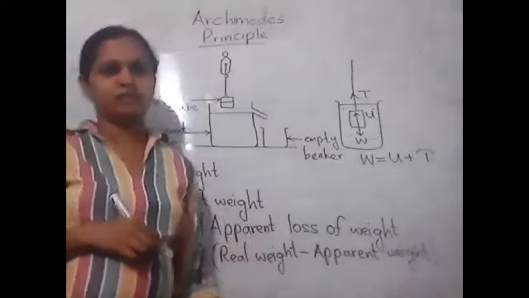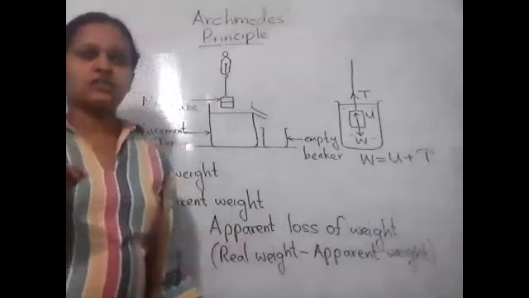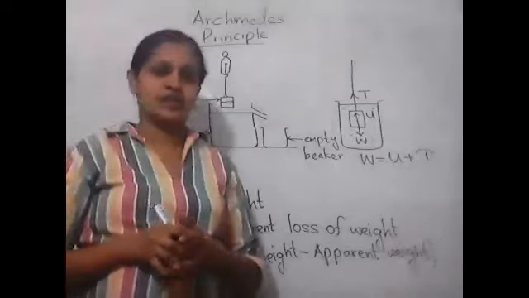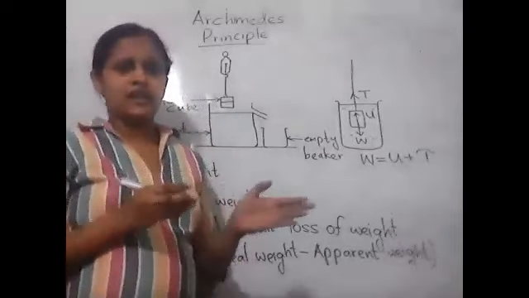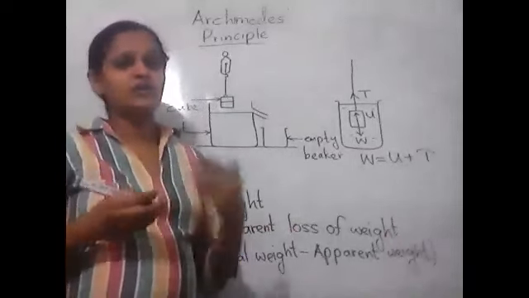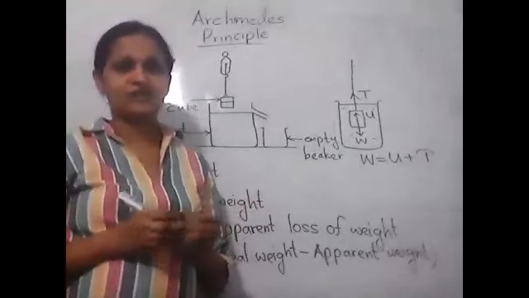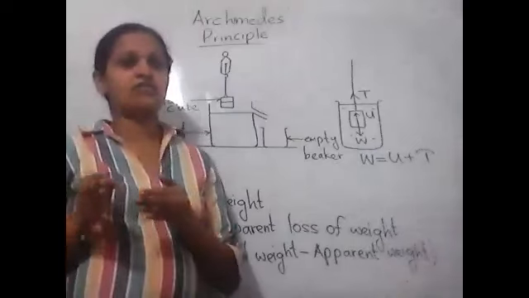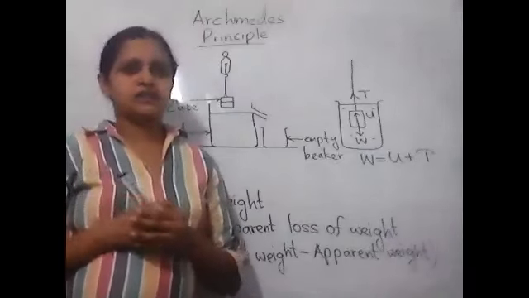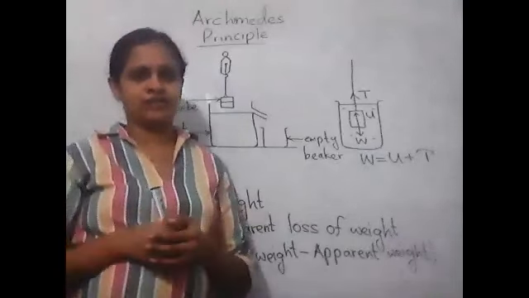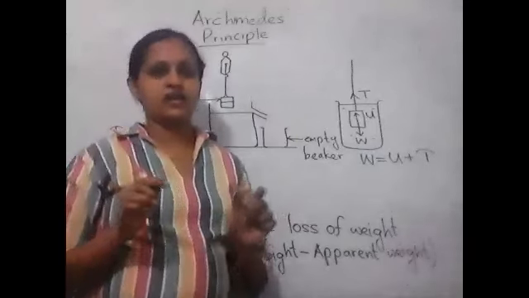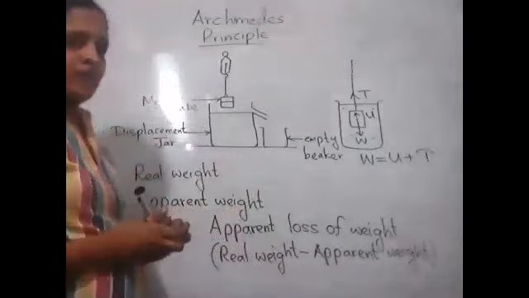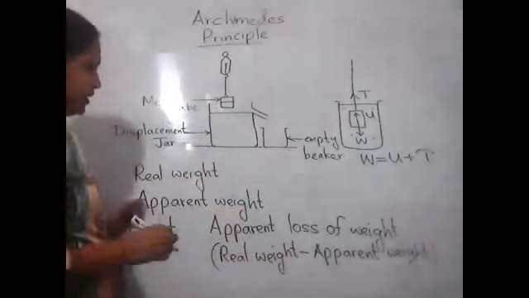That is Archimedes' principle. When you are asked to write this, sometimes students write the upthrust is equal to the amount of displaced water. That is wrong. Not the amount. It is upthrust is equal to the weight of displaced fluid or water. Weight should be highlighted there. So that's all about Archimedes' principle.